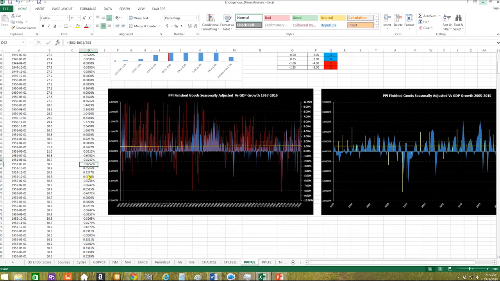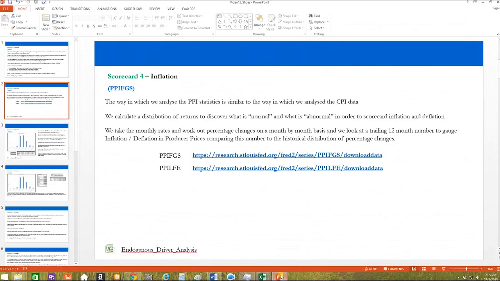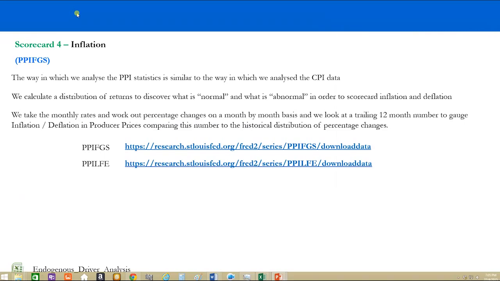And we're just visualizing this. We're looking at this pictorially. And 0.25% increase in PPI finished goods over this time period is associated with levels of around 1% real GDP growth. So this is how, again, we begin to build out our scorecards. So let's go back to the presentation again. In your own time, obviously you can play around with the data, have a look at it in more detail. But for now, let's continue with the analysis.